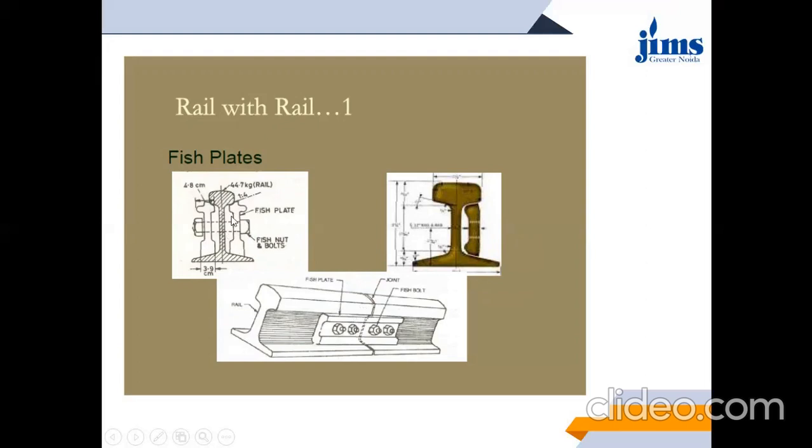Now in the cross section, you can see that there is a certain space between the fish plate and the rail section. This is due to the geometry of this particular fish plate itself, and this geometry is provided in order to remove the need for washers, as well as to provide elasticity to the joint, so that expansion and contraction can be retained. Plus, whenever the train moves, remember all the battering action and the creep in the rails, that movement will be allowed.